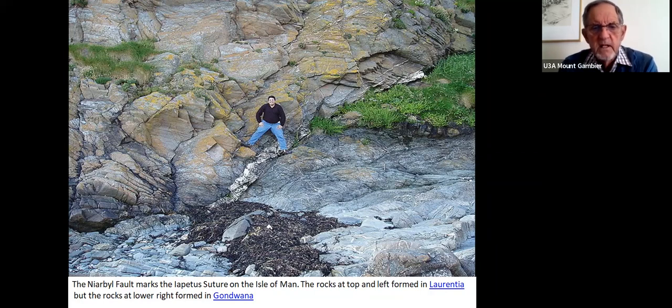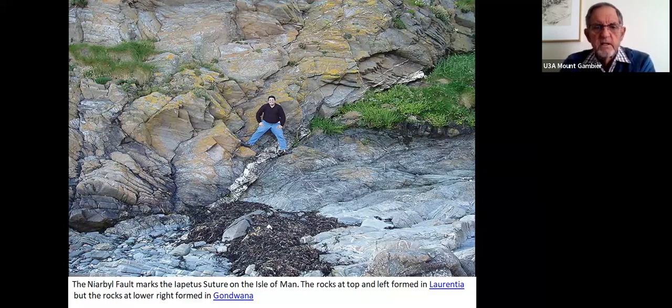The suture between Avalonia and Laurentia is in the Isle of Man, or along Hadrian's Wall, running through the centre of Ireland. But that gentleman's right foot, you might say, is on the North America plate at one stage, or the Laurentian plate, and his left foot is on Avalonia. They don't look terribly different, but they're all crushed around a fair bit, and that's what is described as the suture. Of course, it would have been 20 kilometres wide, I suppose, of faulting and fracturing,